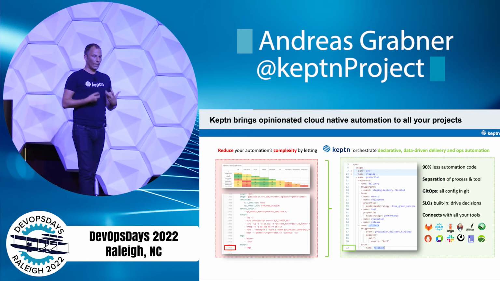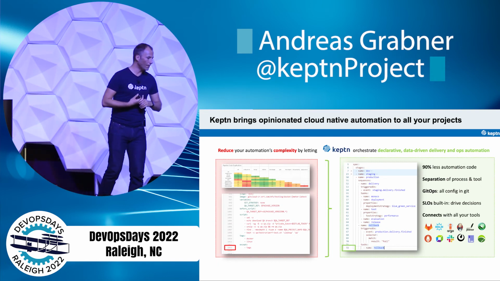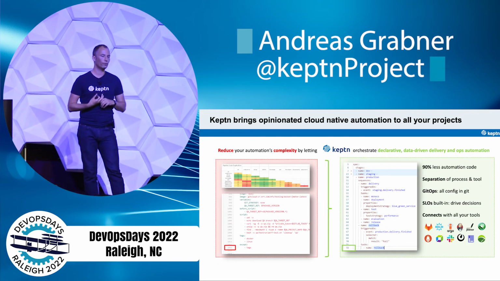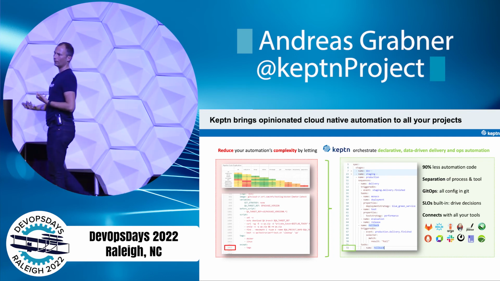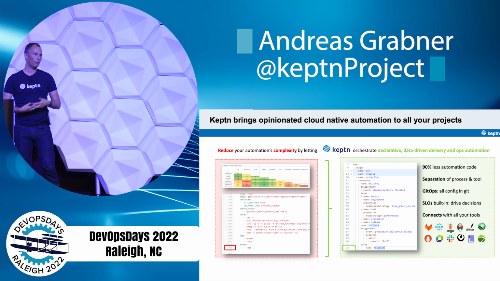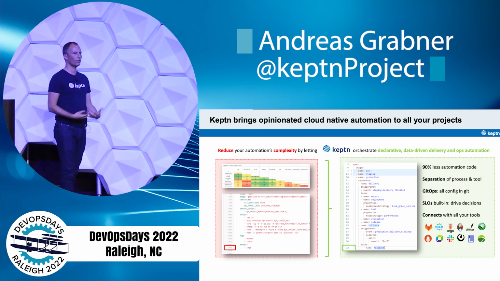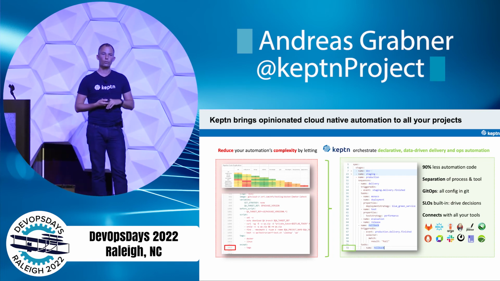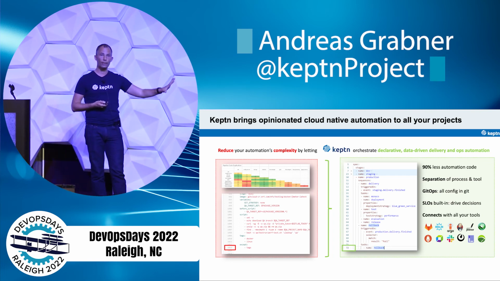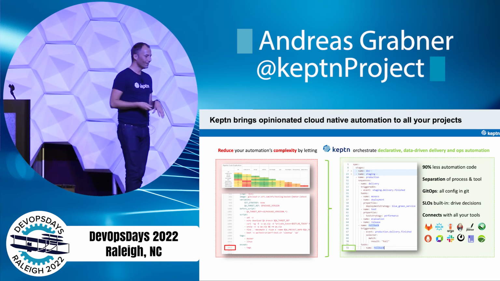So, Keptn brings opinionated cloud-native automation to all of your projects. Right? What does this mean? I think we just looked a little bit at what's happened in the cloud-native world. Everybody's going to microservices, everything is asynchronous, everything is event-driven, and we just wanted to bring the same thing to you in the automation world. So you can either take the red pill and stay where you are and be happy and think you have job security because it's a lot of work, or you try the green pill. I'm not sure about the Matrix, I think it's blue and whatever, but you get the idea.